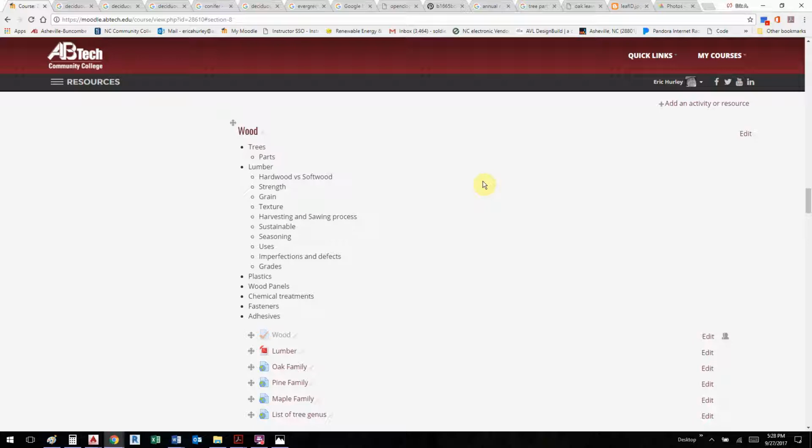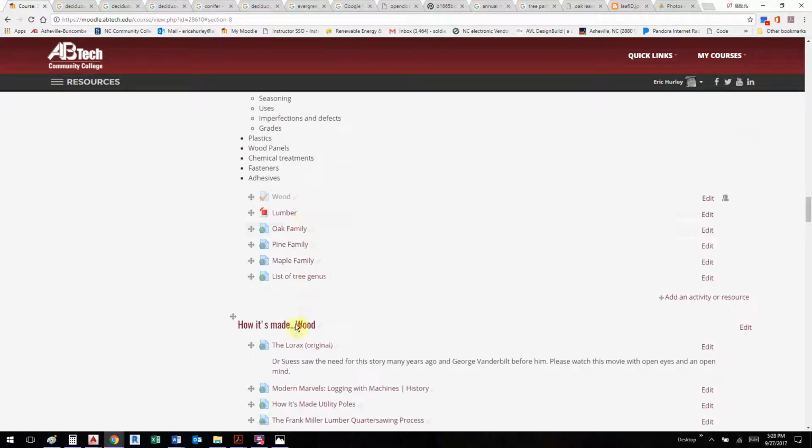In class, on the next class that we have, which will be Monday, we will be working on tree IDs and different parts of the trees and so forth. And then we're going to go into lumber. We'll talk about these different types of topics, and I have quite a few different things here I want you to look at,